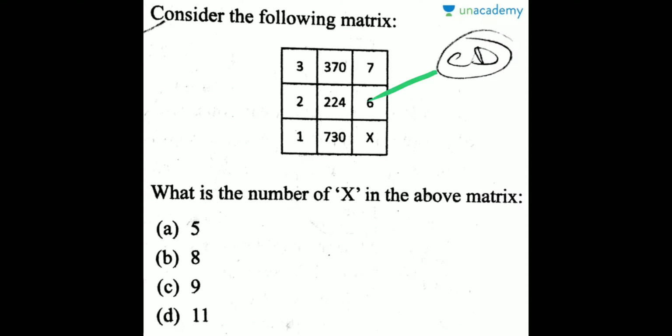6 plus 2, 8. 4 plus 2, 6. 6 plus 2, 8. Right, so the sum of the first and third number is 8, and the sum of all the digits in the middle number should also be equivalent to this 8 only, and it is 8. Okay, so here also the same thing should apply.